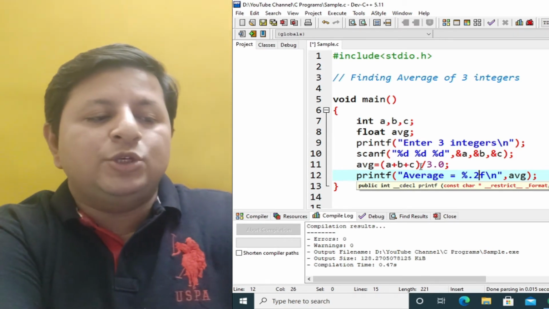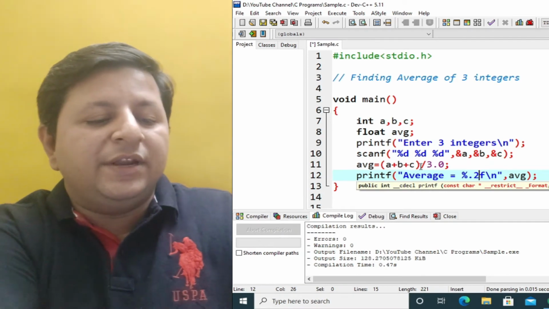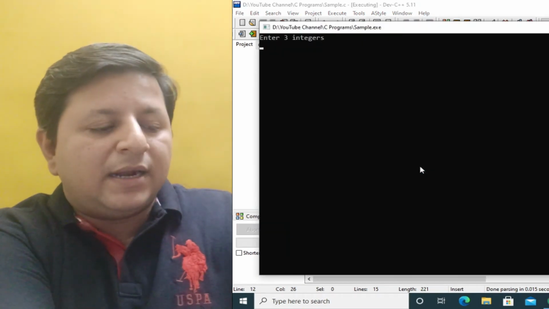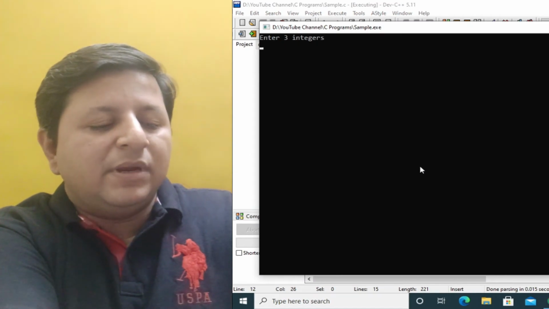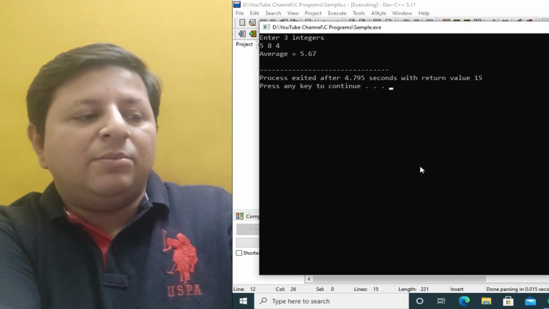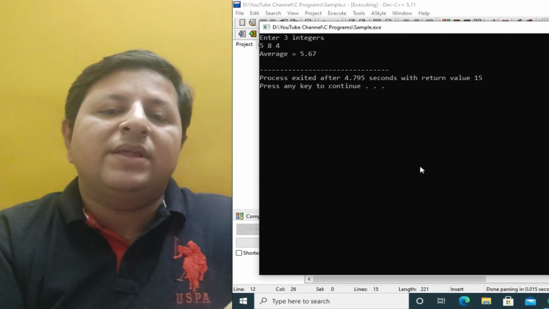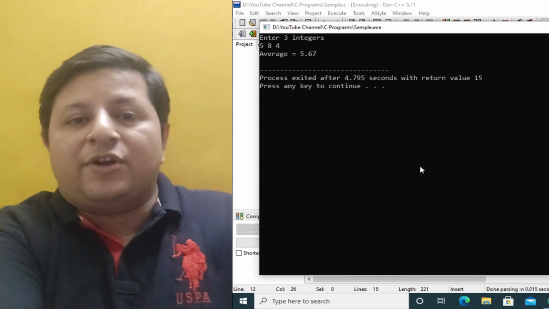So I can say %0.2f, and now you will see the difference when I execute with similar numbers. You see, you will be getting the precision only up to 2 decimal places because that is what we asked for.